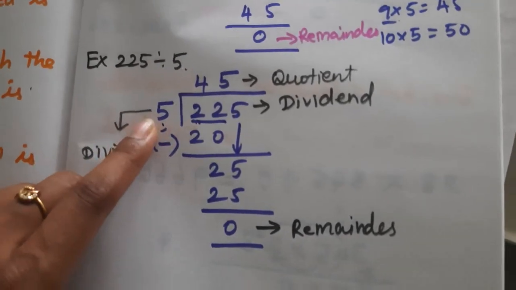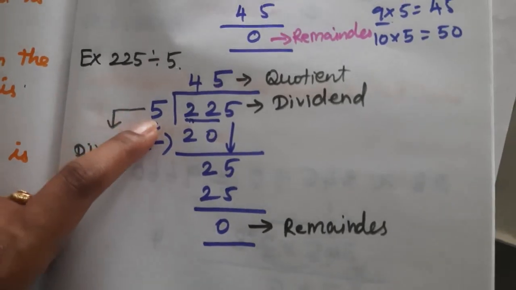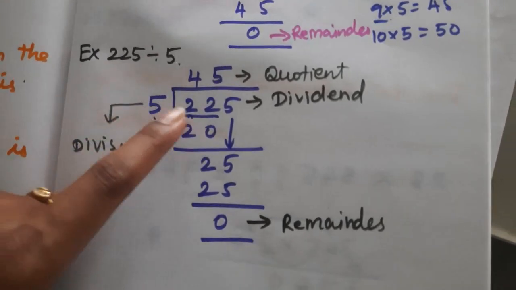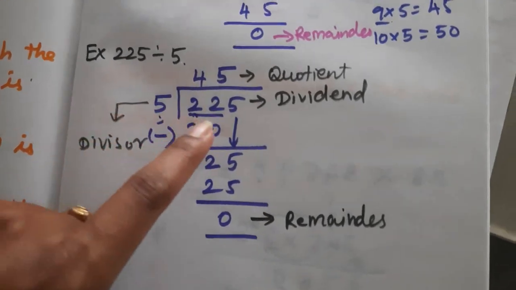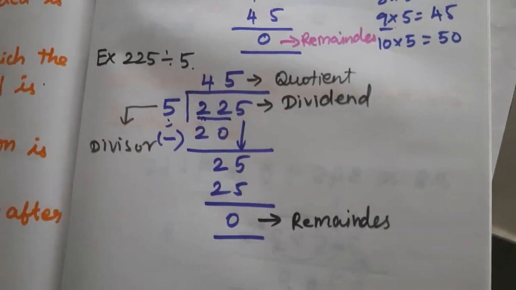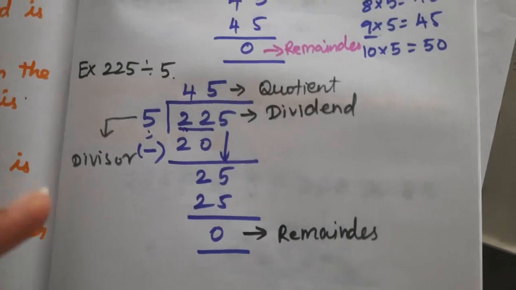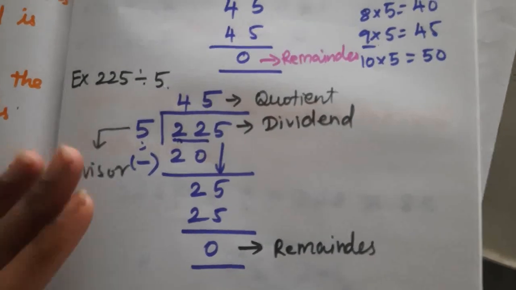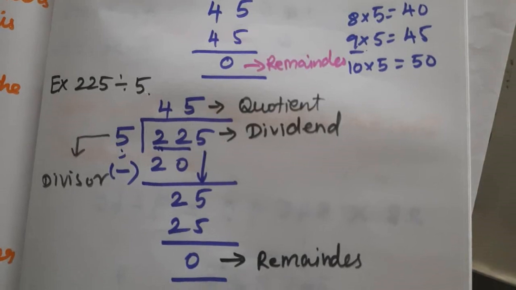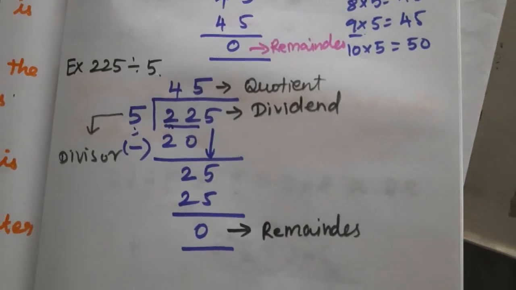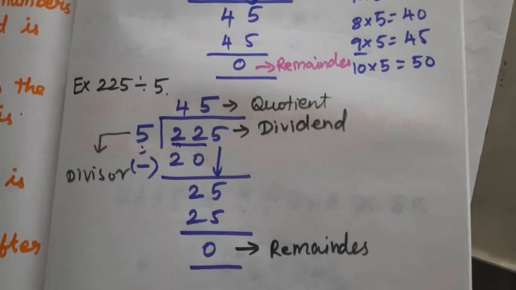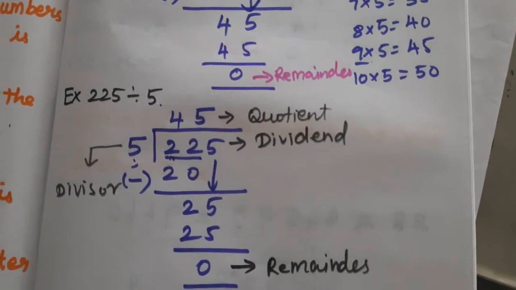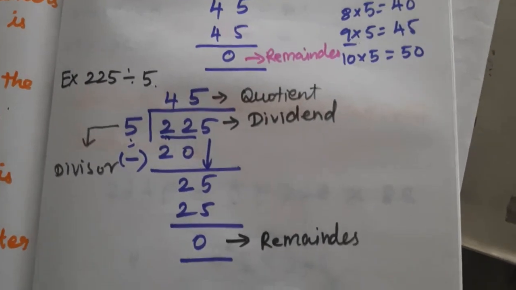Next method is, if the divisor is 2 digit, you have to see the 2 digits. If the divisor is 1 digit, you have to see the 1 digit. After that do the comparison process. In the comparison, the dividend is always the greater. Whenever you compare, you have to see that the dividend is always greater when compared with the divisor. Dividend is always the greater number. You have to do this in the division process.